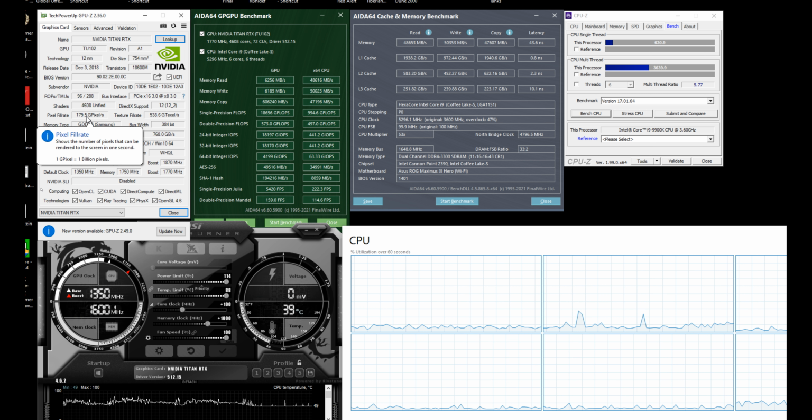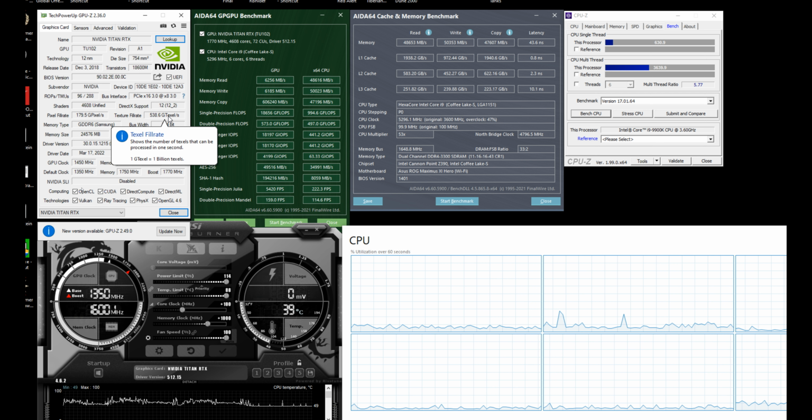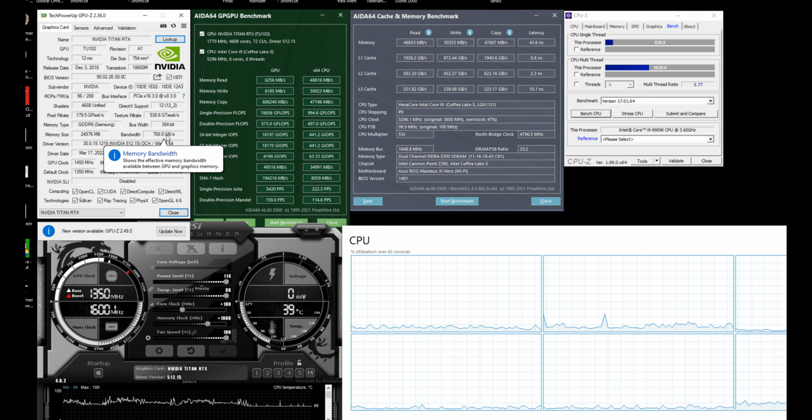As you can see, I overclocked my pixel fill rate. I went by about 10 gigapixels per second. Overclocked my texture fill rate, went about 30 gigatexels per second texture fill rate. And bandwidth, I went from 680 to 760, so almost 100 gigabytes per second,